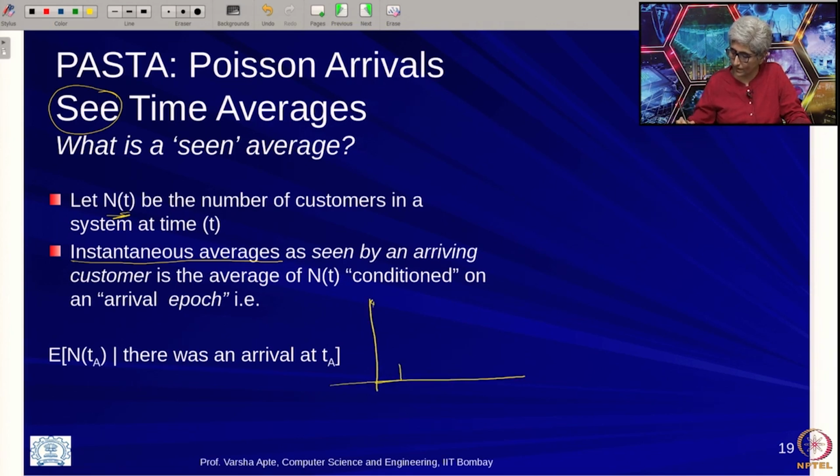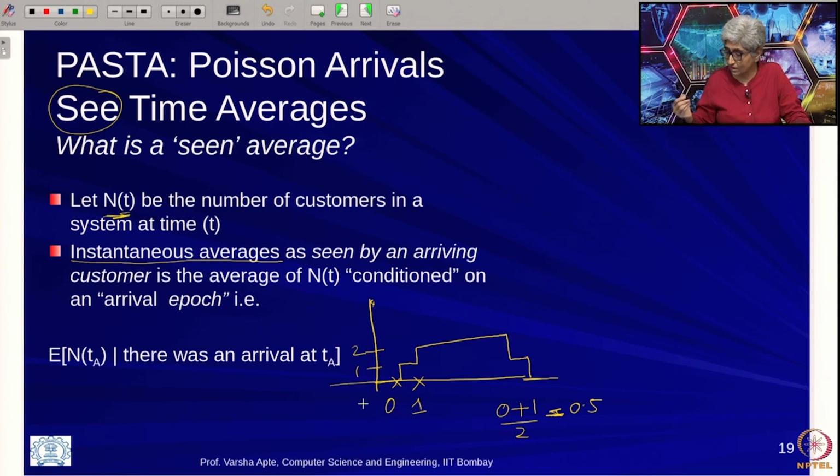So, we had N(t) going like this approximately. Okay. So, there was an arrival here and there was an arrival here, and this is 1 and this is 2. So, this arrival would have seen actually 0 in the system and this arrival would have seen 1 in the system. Okay, and then in this particular time horizon we do not really have more arrivals. So, actually for these 2 arrivals the average would be (0 plus 1) by 2, which is 0.5. Okay. So, this would be the average of N(t) as seen by arrivals.